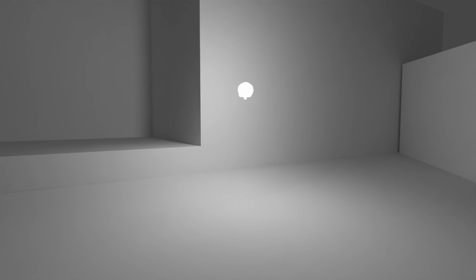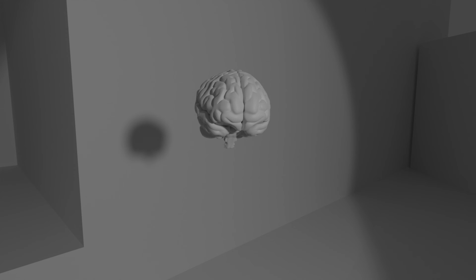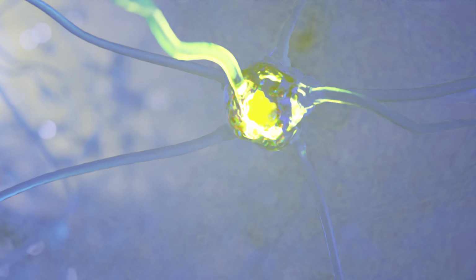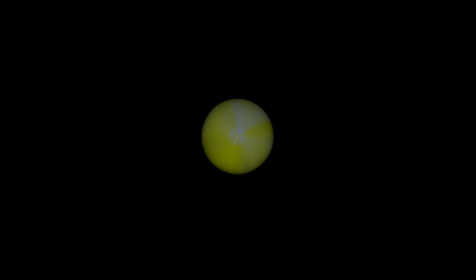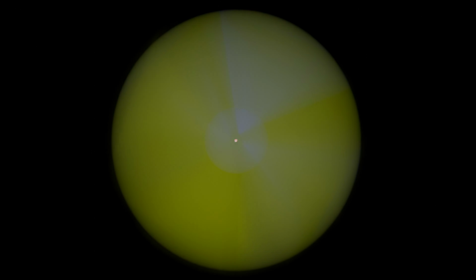So we need neuroscience, the scientific study of the nervous system, which in order to understand requires knowledge about basic processes in the human body. So you do need biology, the scientific study of life. But what is life? Whilst we will not get into that in today's video, it is often said that life is just chemistry, the scientific study of the properties and behavior of matter, like how atoms interact to create DNA. But what are atoms? Well, to answer that question you would need physics, the natural science that studies matter, its fundamental constituents, its motion and behavior through space and time.